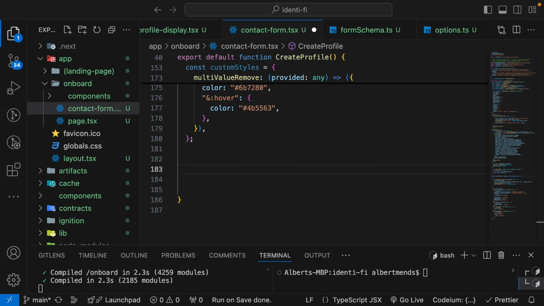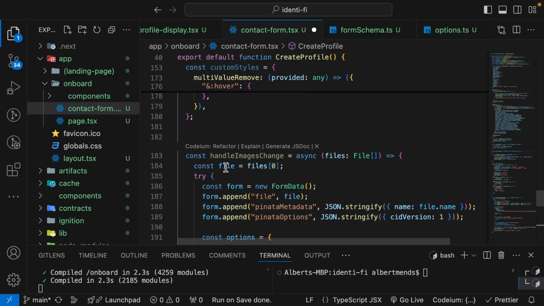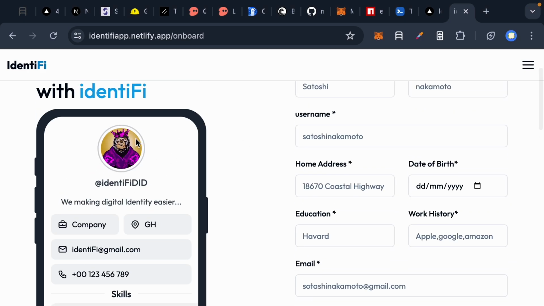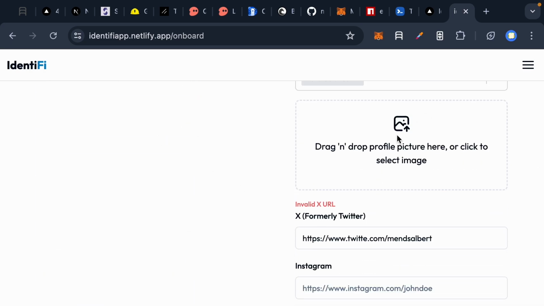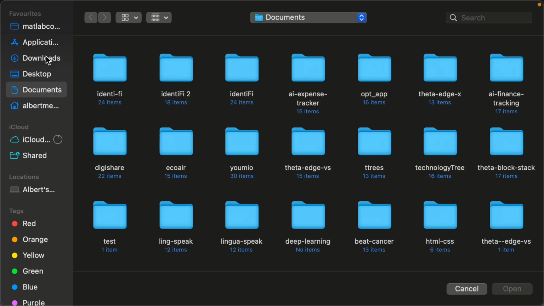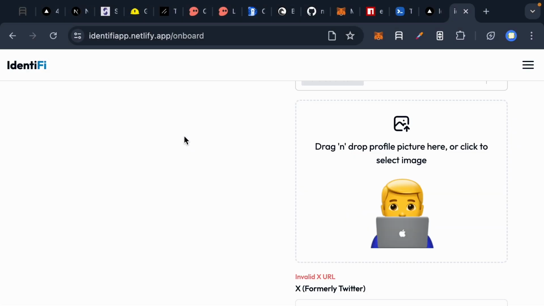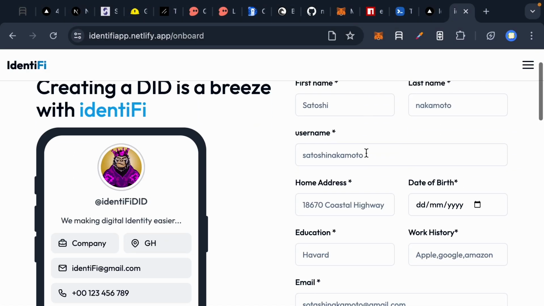So one function we are also going to create is handle image and onSubmit. So the handle image function, when we check this image here, this is the default avatar for the identity. But the moment I click on this and select any image at all, within a few seconds we see the image changes, and then we have a new image here. This image change is not happening just at the front end, but we are also saving the image on this platform